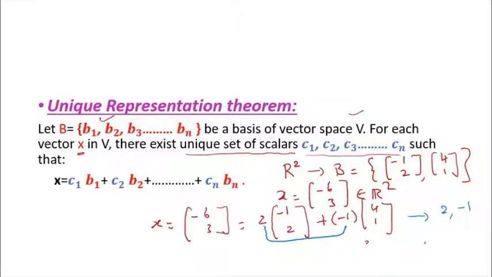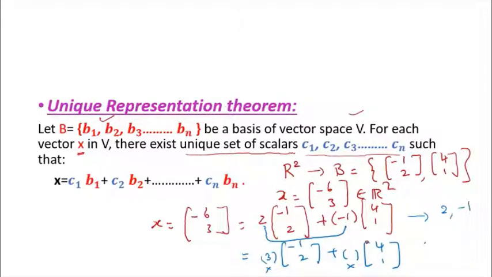According to this theorem, these scalars whatever we are using are unique. Let me try to write the same vector minus 6, 3 with the same combination. Can I use any other scalars? Suppose I use another scalar here. Can I get it? I cannot get any such other set of scalars. It is very difficult. You cannot get it.